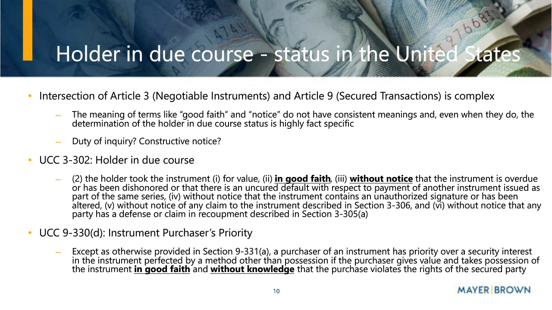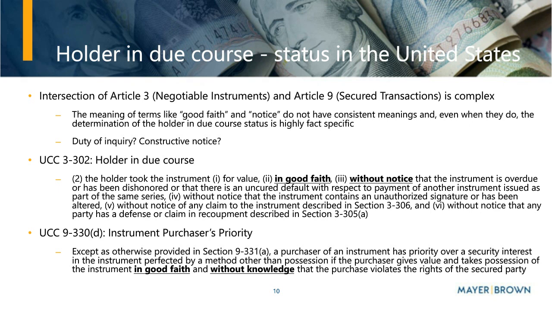Even though we call it the Uniform Commercial Code, there are actually two versions of Article 3 that exist in the U.S. There is the New York version, which is an older version of Article 3, and then there is the version of Article 3 that was adopted in the 1990s and subsequently adopted by all of the other states in the United States, which is oftentimes referred to as the more modern version.